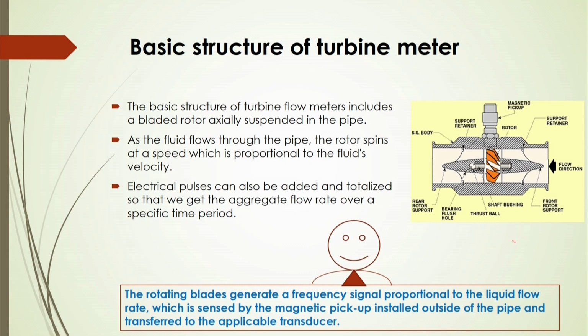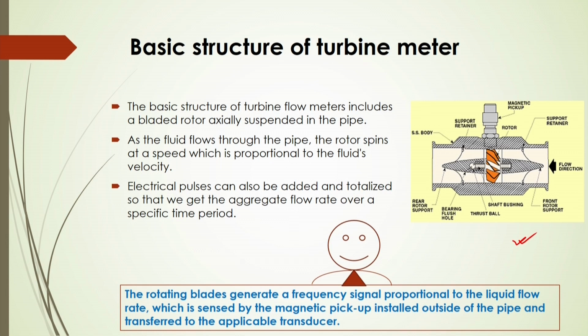Here in the figure it is shown that some components of this turbine meter for its basic structure, and in this case it will include a bladed rotor that will be axially suspended in the pipe. As the fluid flows through the pipe, the rotor spins at a speed which is proportional to the fluid's velocity, and also there should be an electrical pulse. That electrical pulse can also be added and totalized, so that we get the aggregate flow rate over a specific